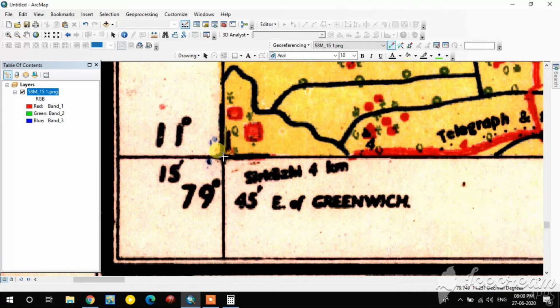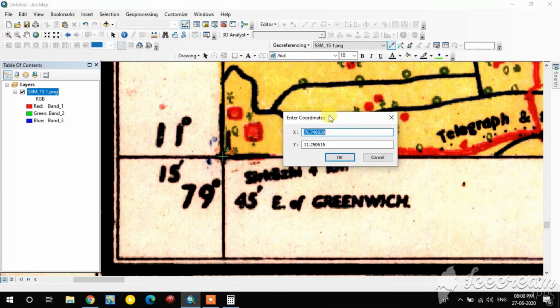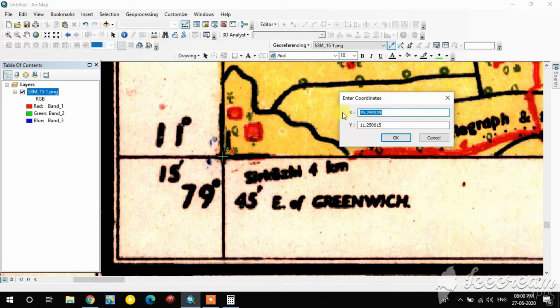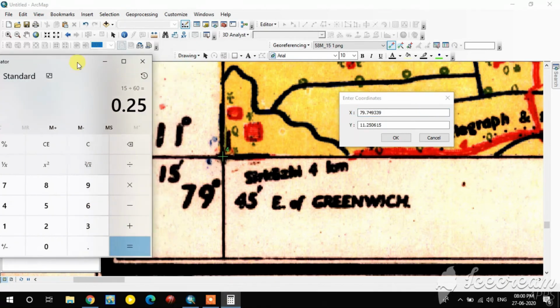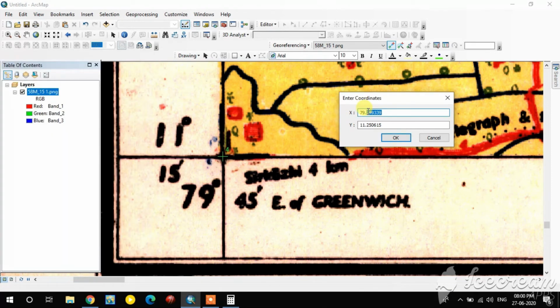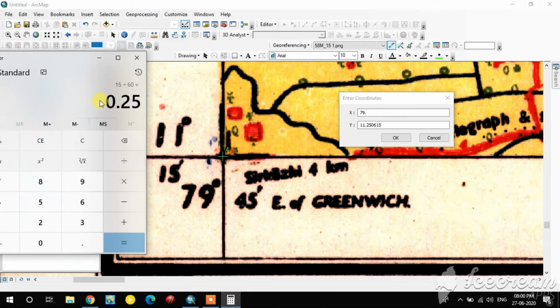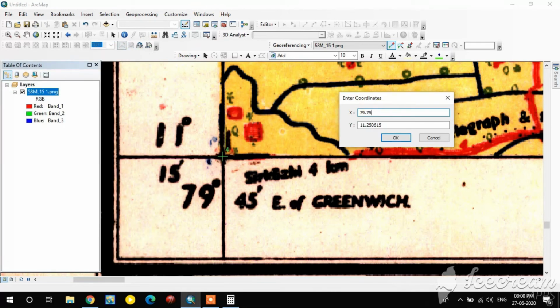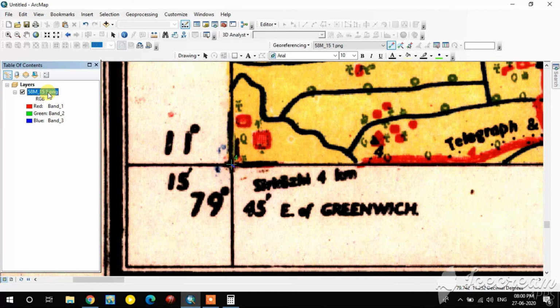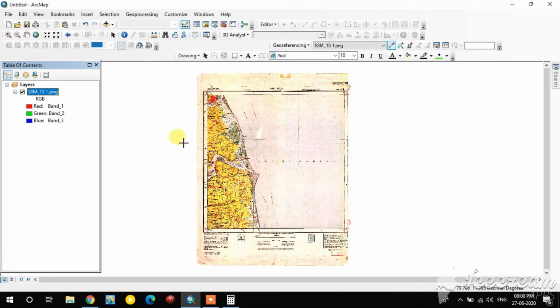Okay, last point. 4 control points are added.